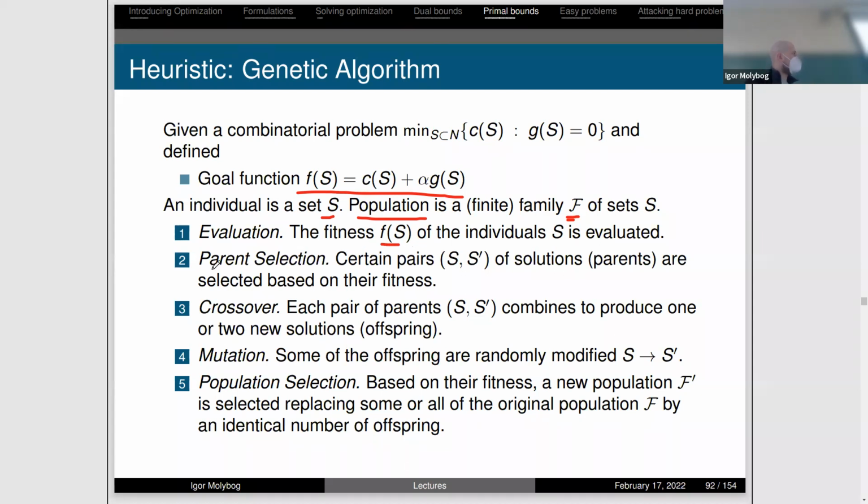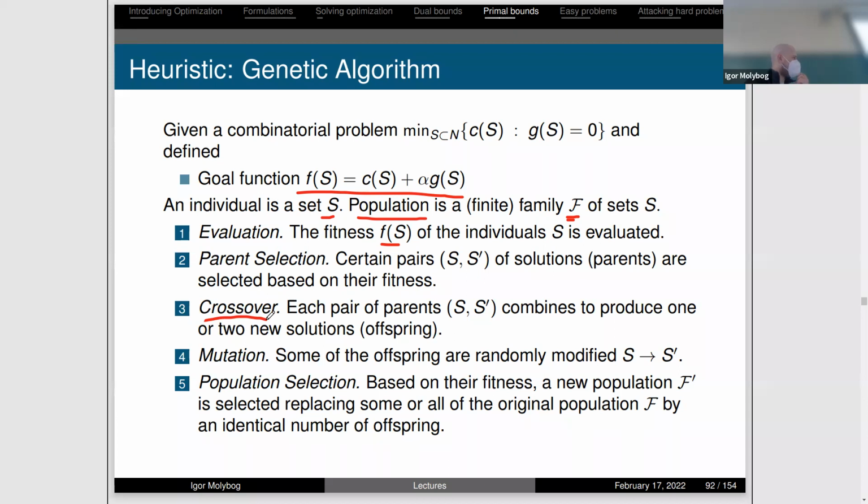You can do a parent selection. You can find pairs. When I say find pairs, it's theoretically an arbitrary procedure, and it doesn't really have to be pairs, but mostly it's considered to be with pairs, according to some rules. So you're pairing up members according to some rule. Then there is a crossover